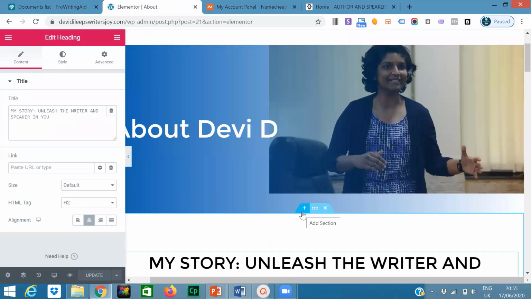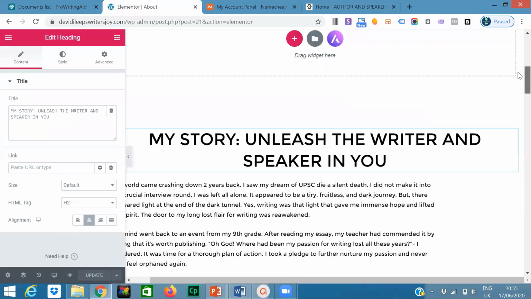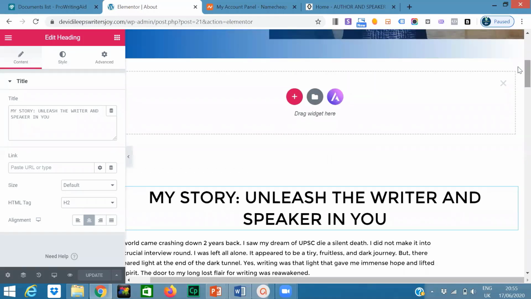Let us think, probably we want to add some picture, or probably we want to add one more content section. Then we click on this. Click on Add Section. Once you click, you can see there is a section which comes here. It automatically creates a space for doing some editing. Now there are two other widgets, Astra's widget and a folder. Don't do anything there. What you need to do is there's a red symbol and a plus symbol on that maroon thing. So click on that one.